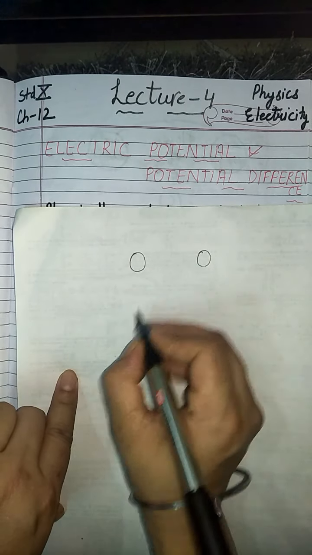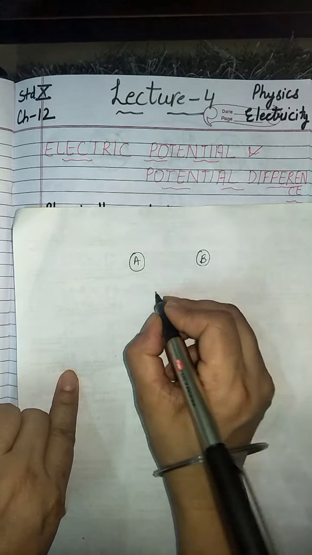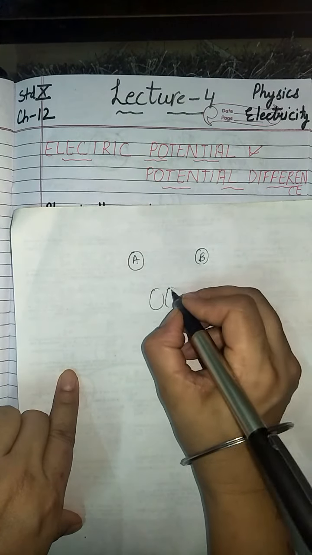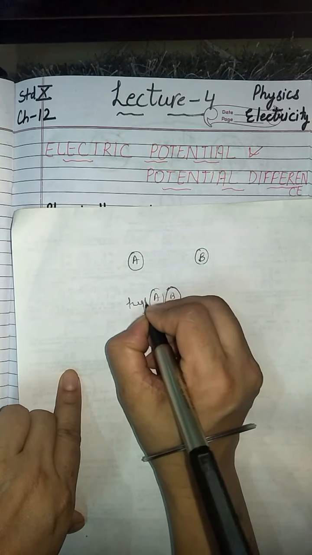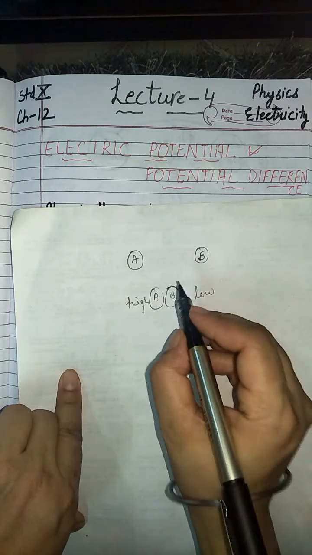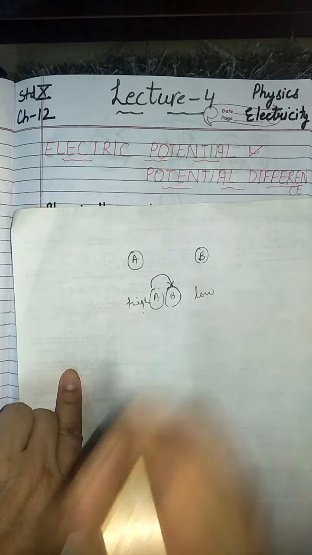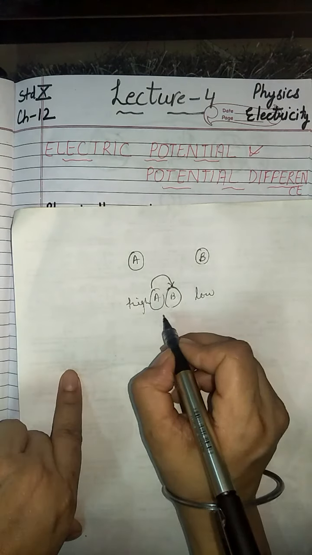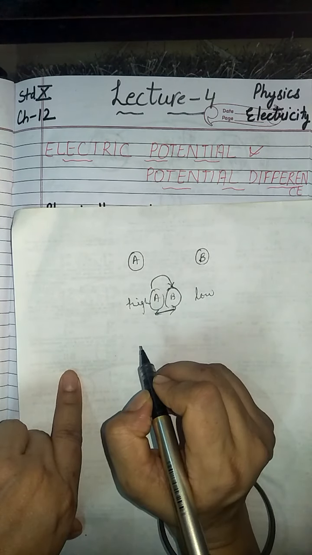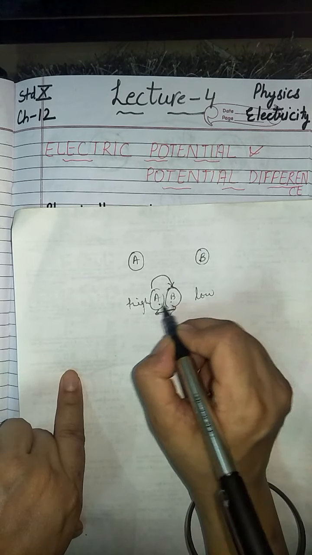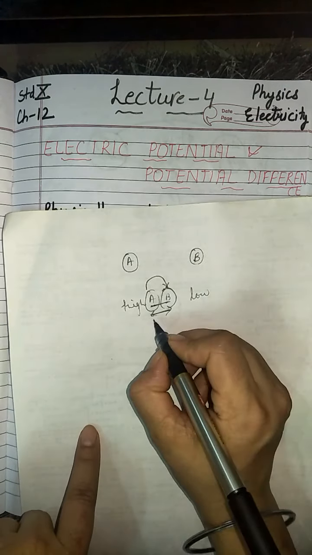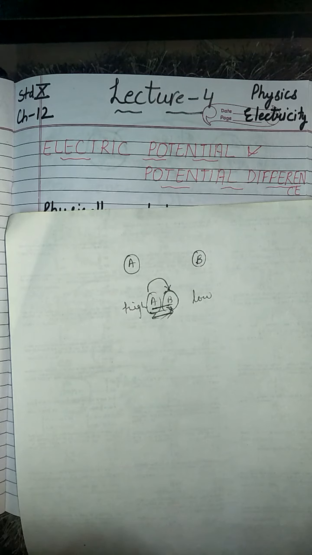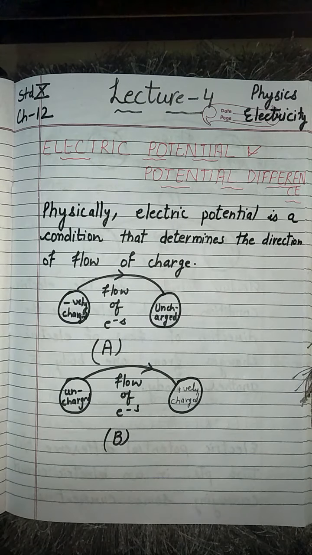I have taken this body A and this B, and when these two are brought in contact with each other, this is at high temperature and this is at low temperature. So what will happen? From this body to this body, the temperature will flow, and it will flow until both the bodies reach the equilibrium position. जब तक दोनों bodies का temperature same नहीं हो जाएगा, तब तक ये temperature जो है वो flow करेगा. Okay, then next example.